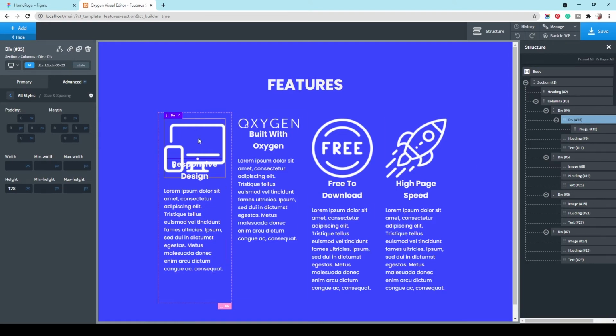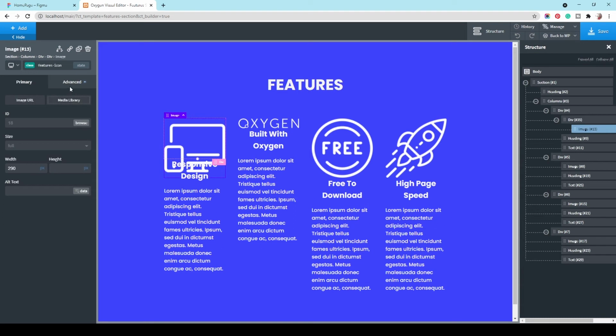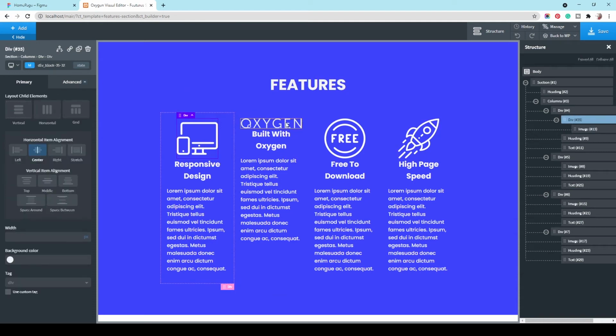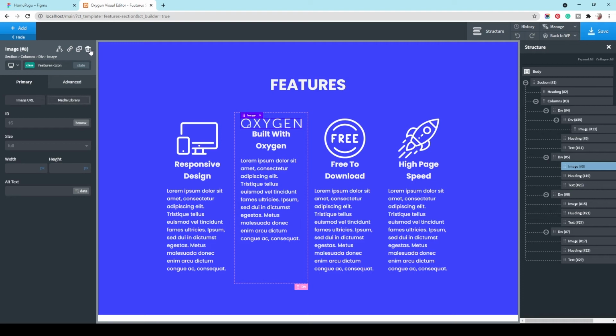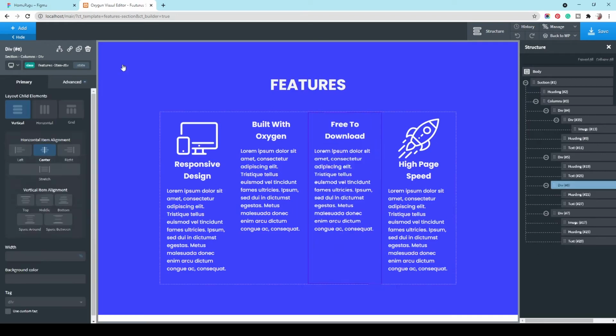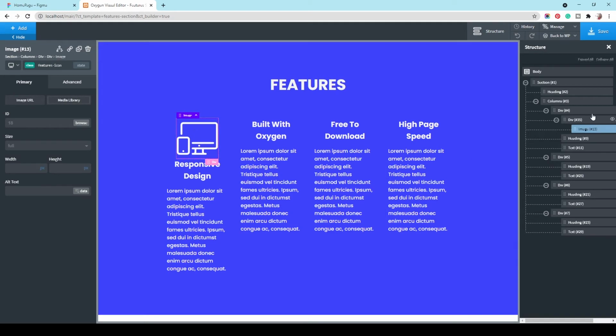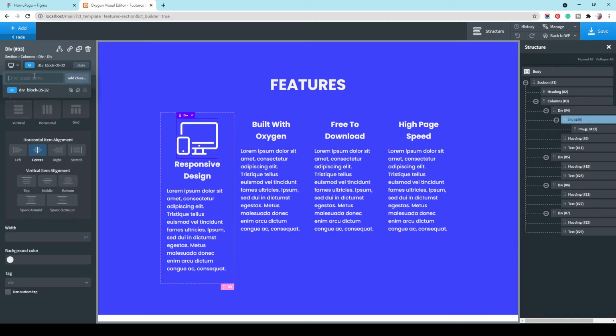Okay, and let's just remove the images from here and call this div features icon wrapper